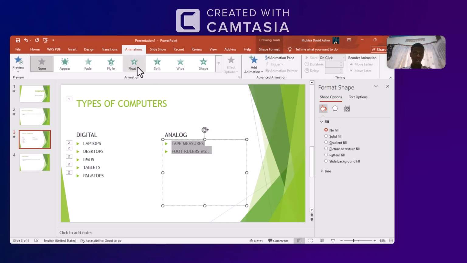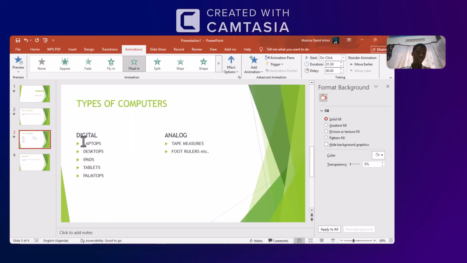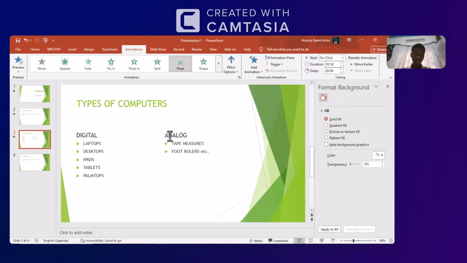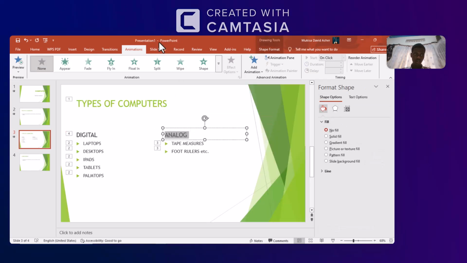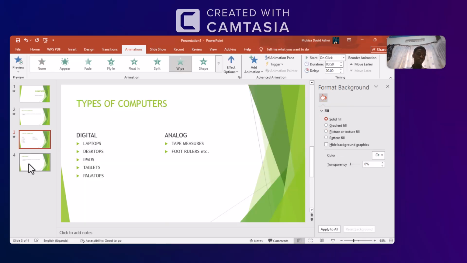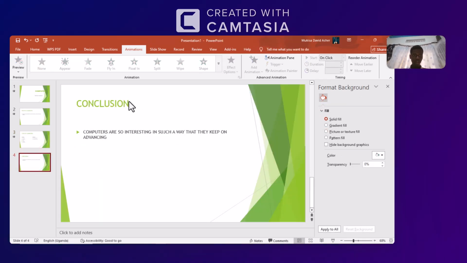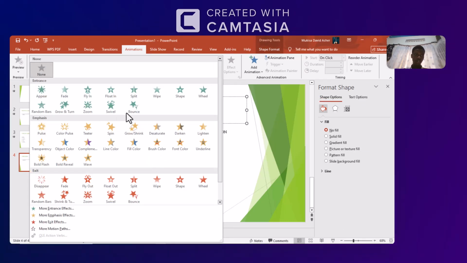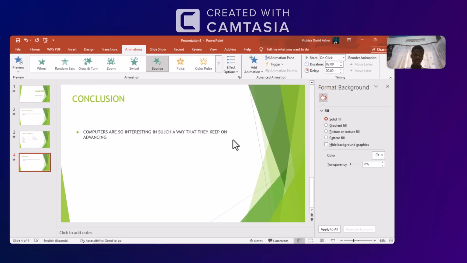So these ones can use that. You can wave. So this one wave. So we end up with the conclusion. For the conclusion we can add an animation. You can use that bounce